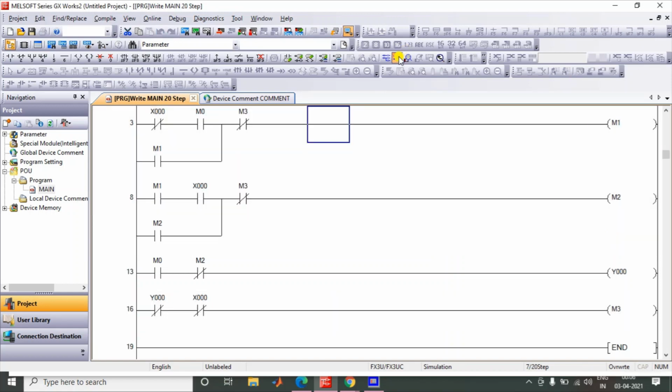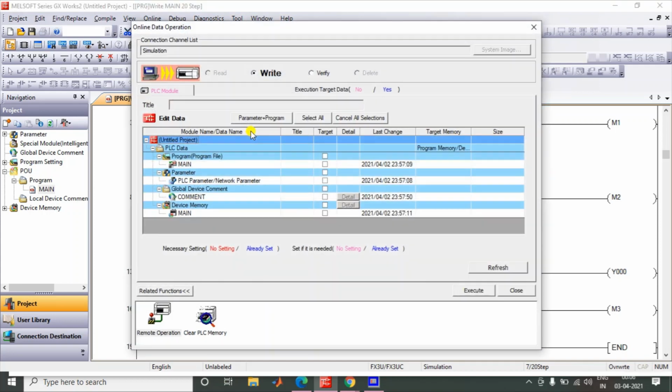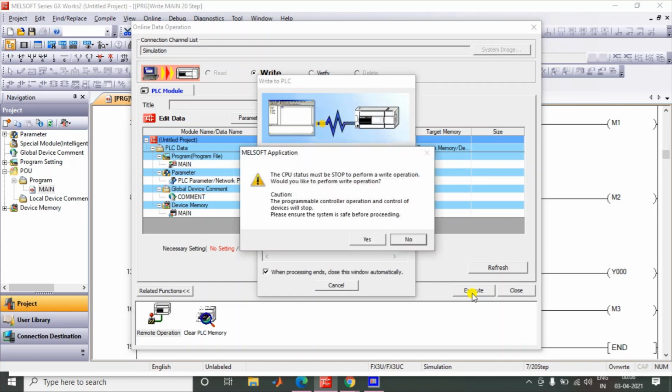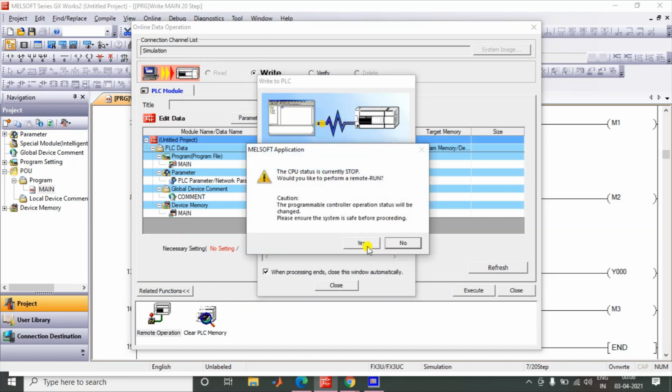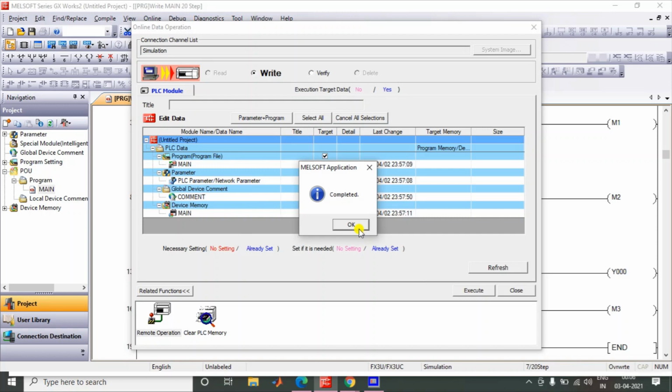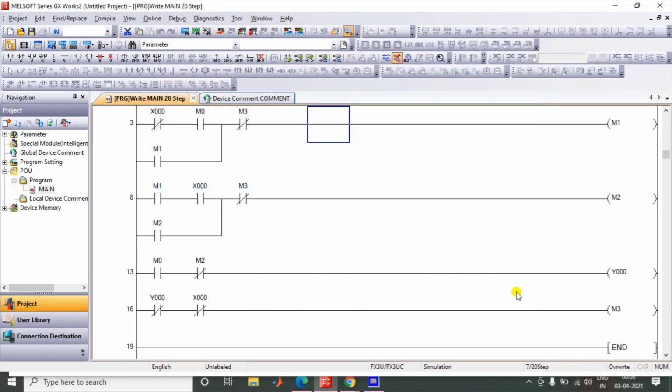Now let's check. Before checking, I need to download again. What I'm using is a simulator. I'm simulating this logic in the simulator, and that's almost like real logic. Now we must go into monitoring mode.